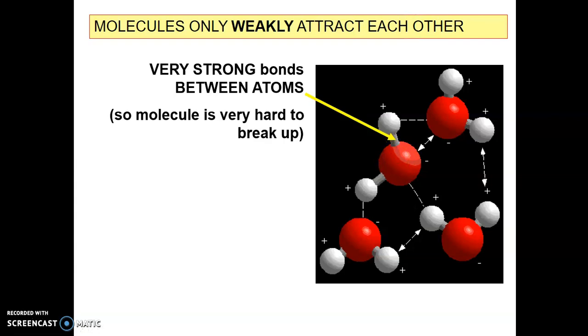It is possible to split water up into separate hydrogen and oxygen again using an electric current, but it takes quite a lot to do that because the covalent bonds between the hydrogen and oxygen atoms are strong. However, to split up water, to break the connection between the actual molecules, doesn't necessarily take a huge amount of energy because the attractions between the molecules are not strong. Okay, so the bonds within the molecules, between the atoms, are strong, but the attractions between the molecules are not so strong. That's a key point there.